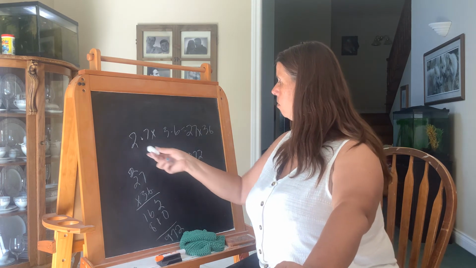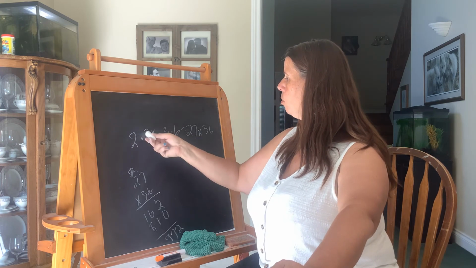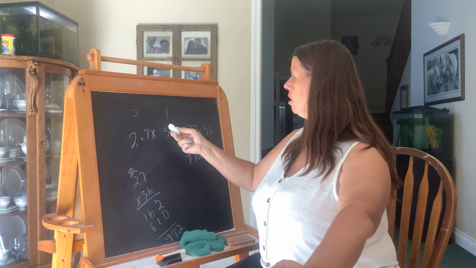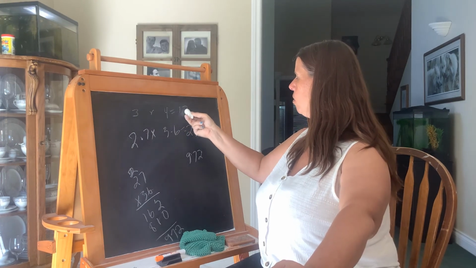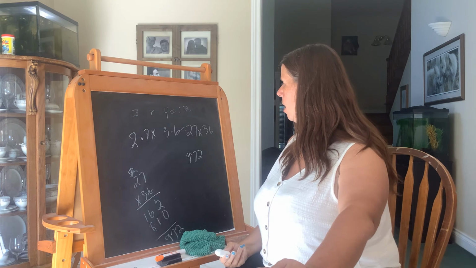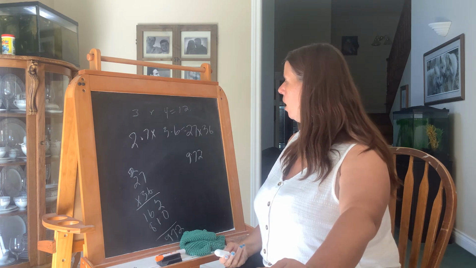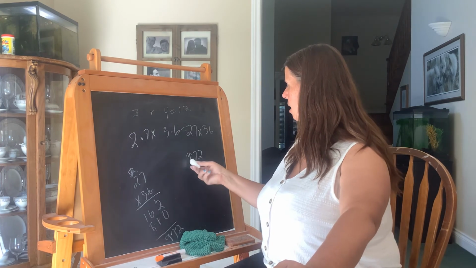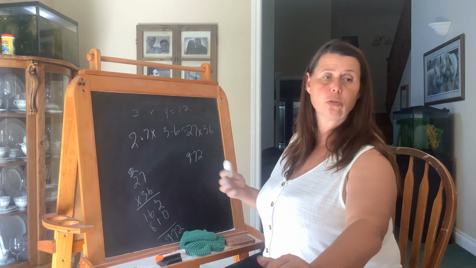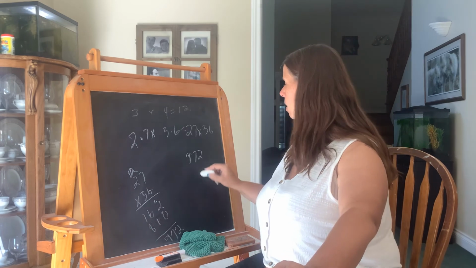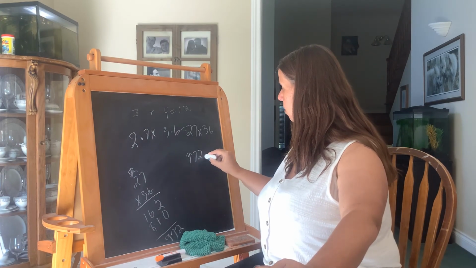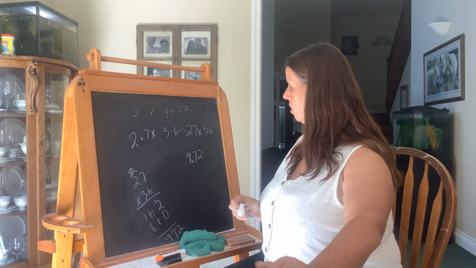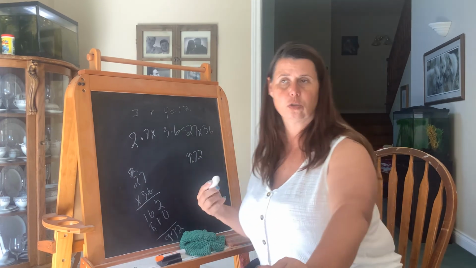But look at this, 2.7 is about 3, and 3.6 would round to 4. So 3 times 4, we're looking for an answer somewhere around 12, right? So where are we going to put the decimal in 972 to make it as close to 12 as it could be? Well, if I put it here, it would be 97. If I put it here, it'd be 972. So if I put it here, it would be 9.7, which isn't that close to 12, but it's as close